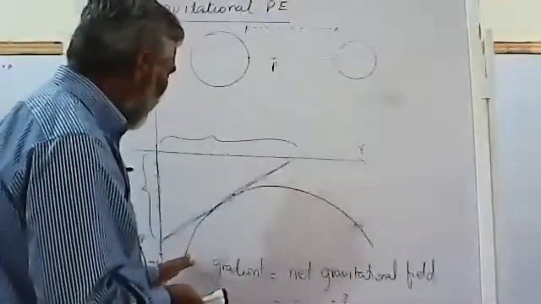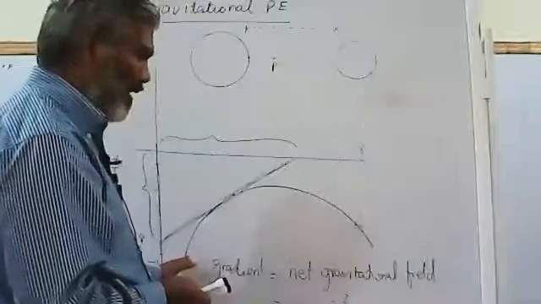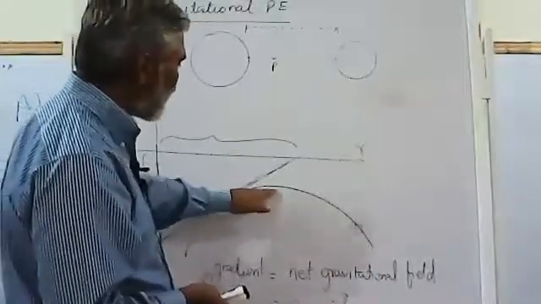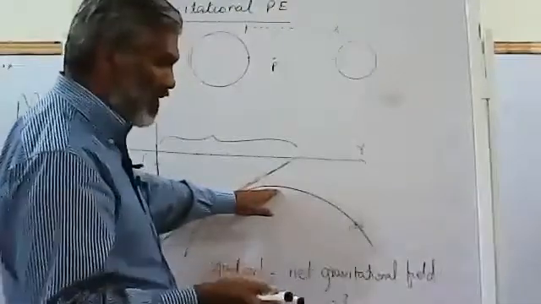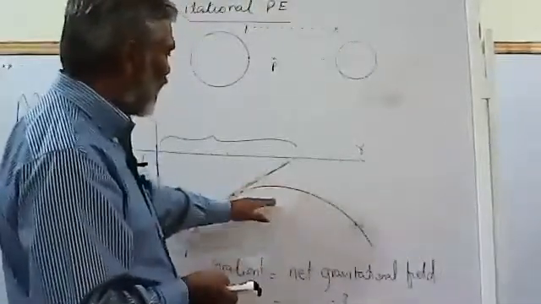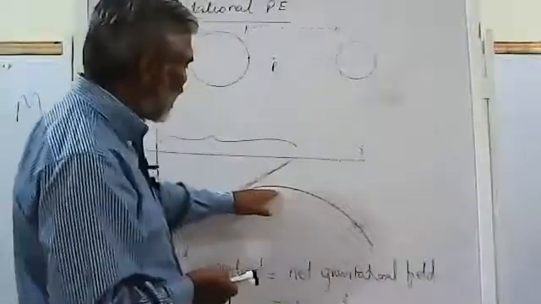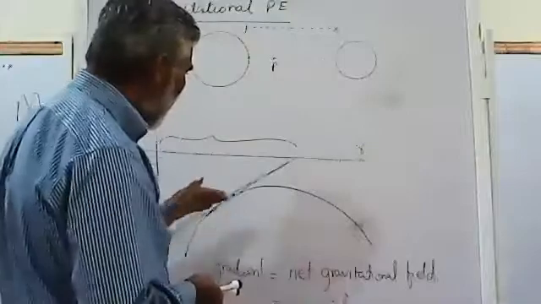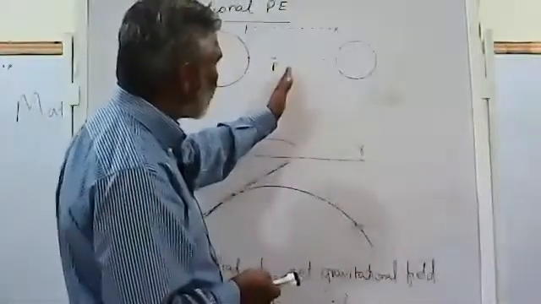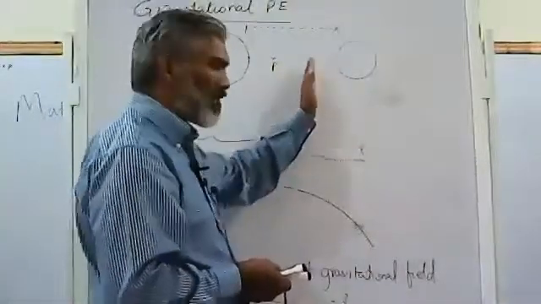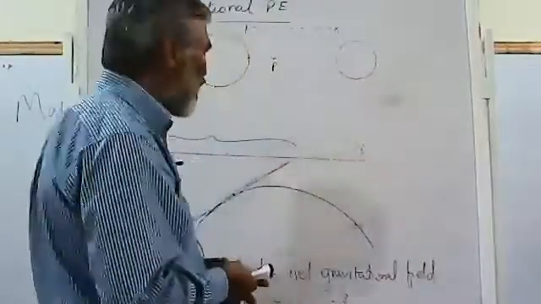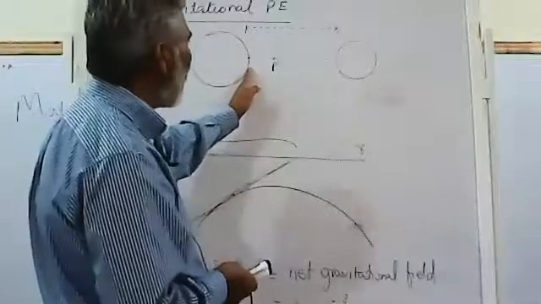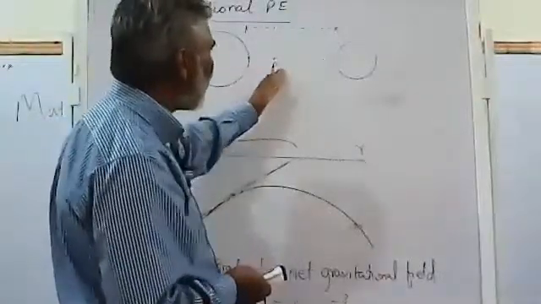The gravitational potential energy is initially very small, and it gradually increases and becomes maximum where the gravitational field is 0, and then the gravitational potential energy again decreases, which means it becomes more negative as you move towards the surface of this planet. This simply means that in order to raise an object, you have to move against the field,